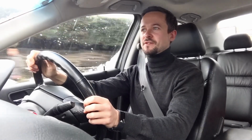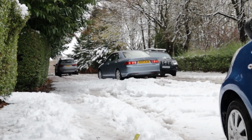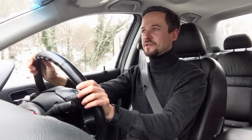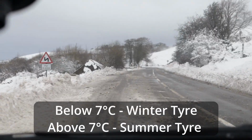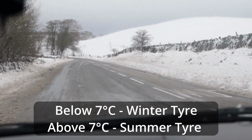Now, I've been meaning to get some suitable tyres for this Honda Accord for a while, and when I saw the forecast yesterday, I thought, well, now's the time. And instead of opting for winter tyres, which means I would have to change them back when it came round to summer again, the general rule being that once it gets to an average of above about 7 degrees centigrade, basically the effectiveness of the winter tyre becomes lost,